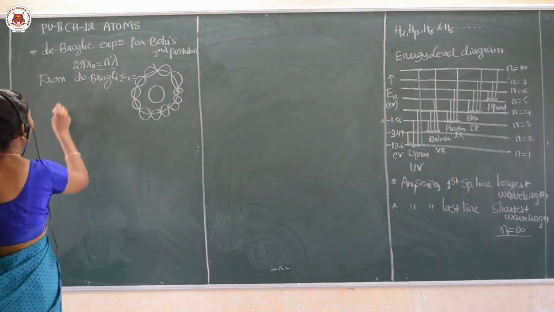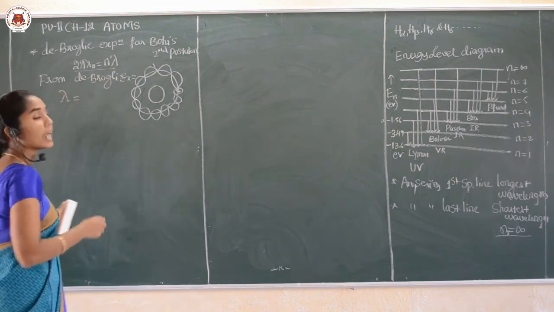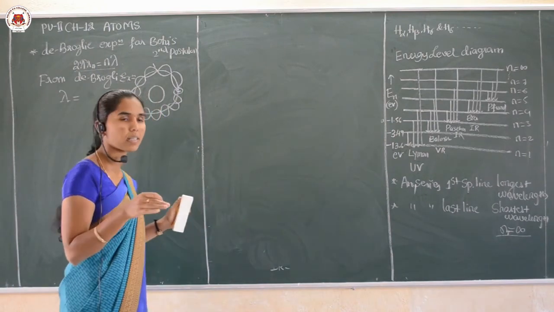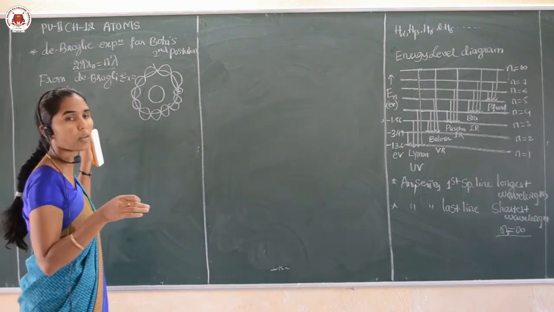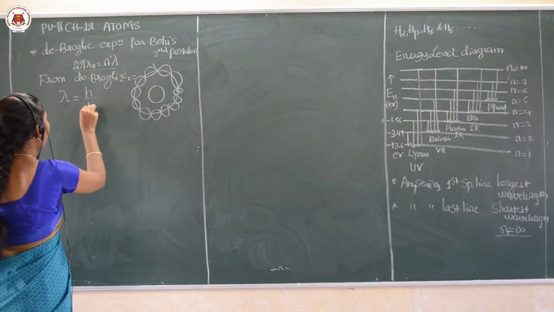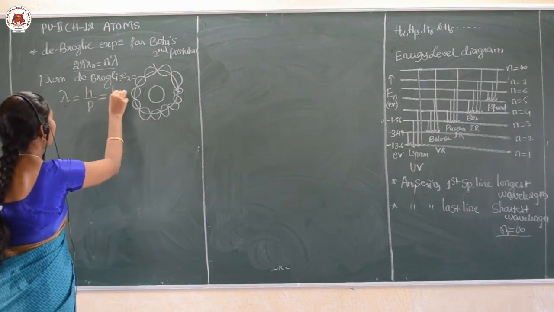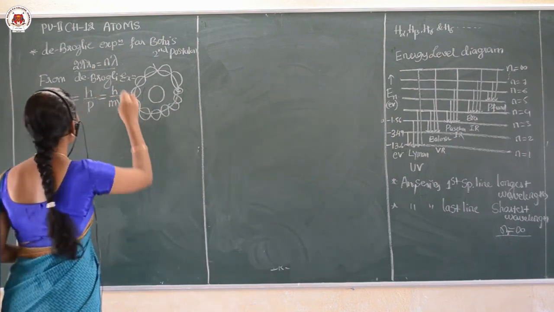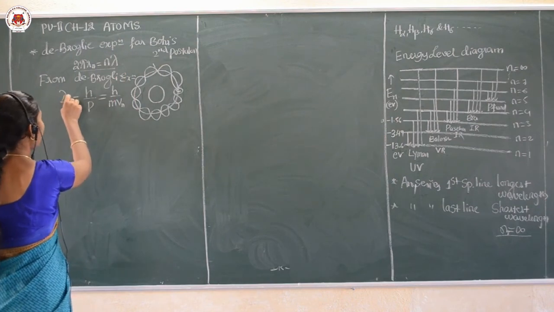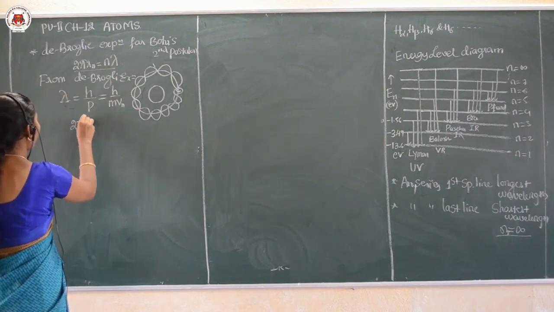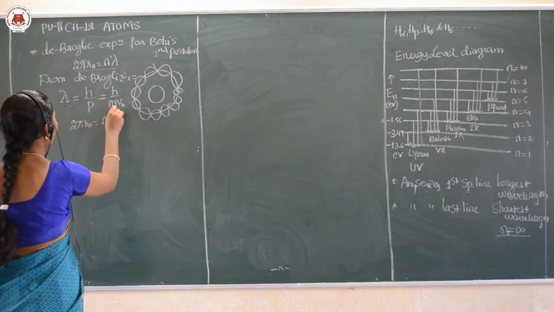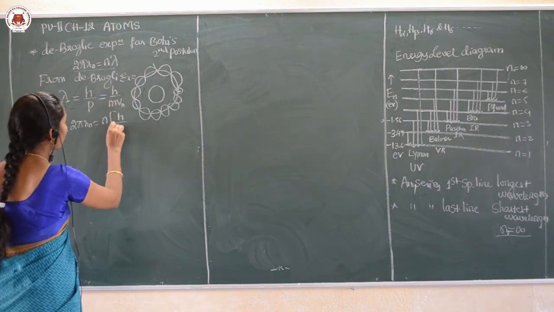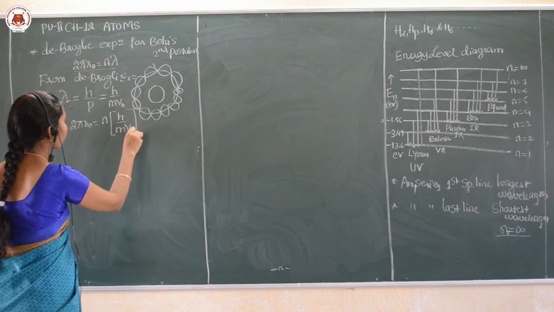Yes, from de Broglie's hypothesis we obtained a wavelength of the electron, isn't it? In the previous chapter, on the dual nature of matter and radiation, we discussed the formula for the de Broglie wavelength: lambda is equal to h upon p, where p is momentum, and momentum is m into Vn. In the above equation, let us substitute the lambda value. Then 2 pi Rn is equal to n into, in the place of lambda, h upon m into Vn, isn't it?